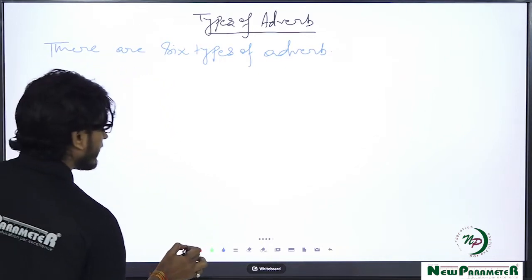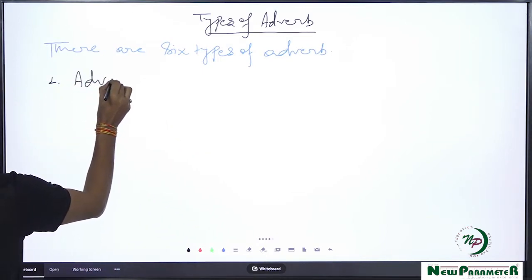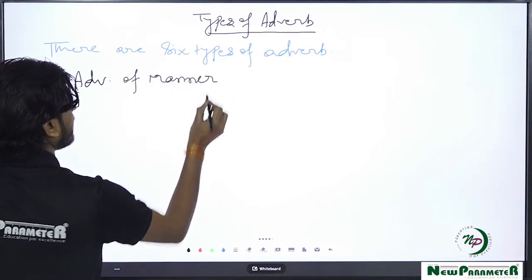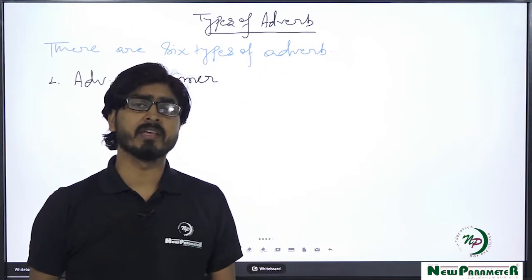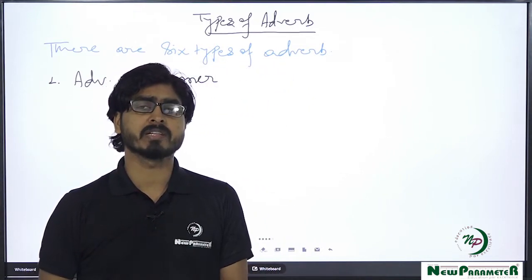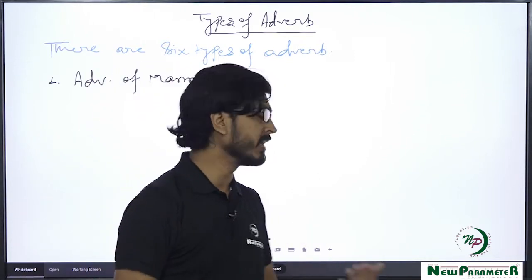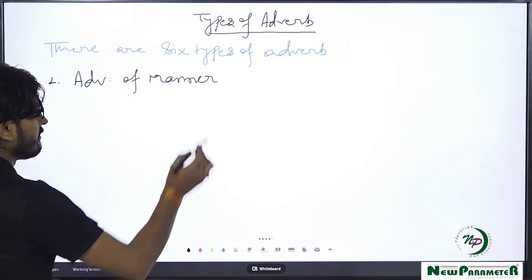First of all, we'll see adverb of manner. And I hope you know the meaning of manner. Manner means what? The way we do an action, or the way an activity is being done by any person or any, you can say, man. Adverb of manner, we can say